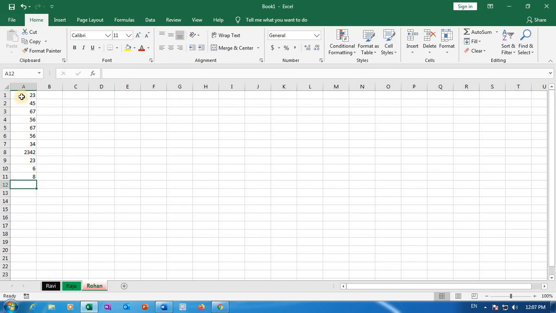See, A1 to A11, the last cell is A11. I selected up to 11 rows and click on AutoSum. Immediately the answer is displayed in the 12th row. AutoSum is like that.